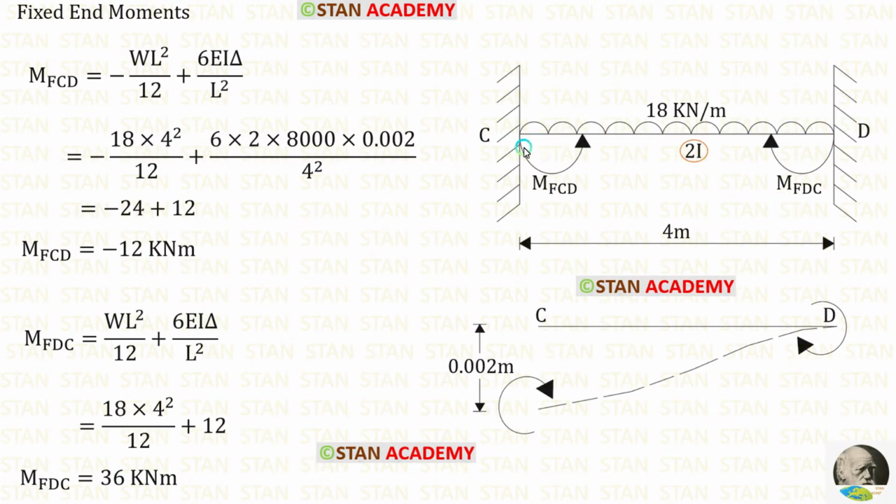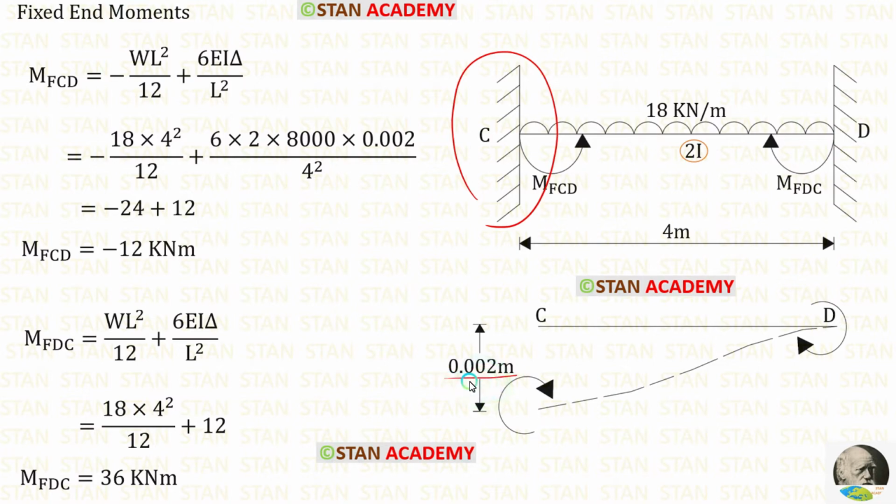Now let us find the fixed end moments in the span CD. In the span CD, we have uniformly distributed load 18 kilonewton per meter. The formulas to find the fixed end moments are minus WL square upon 12 and positive WL square upon 12. Here W is 18, L is 4. Let us apply them. We know that the support C sinks by